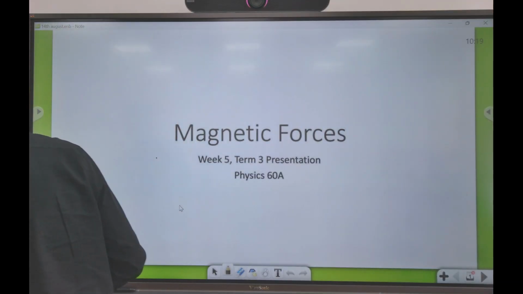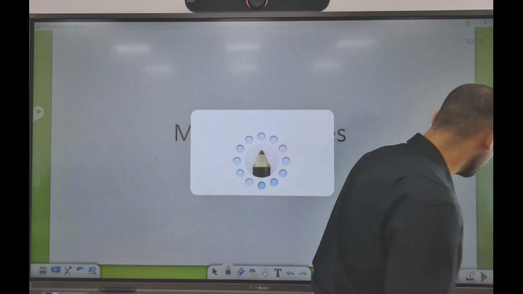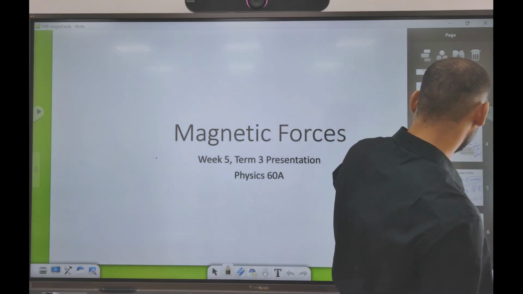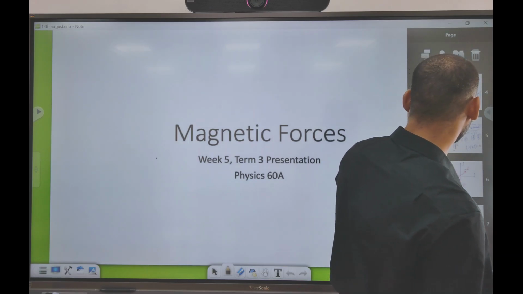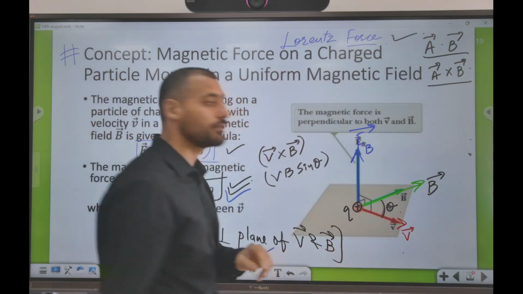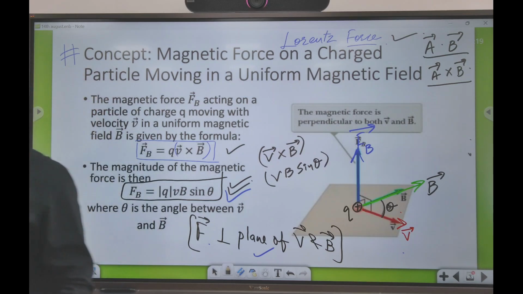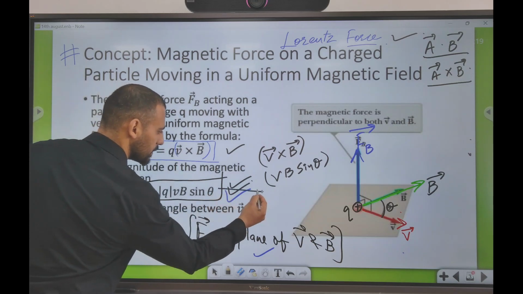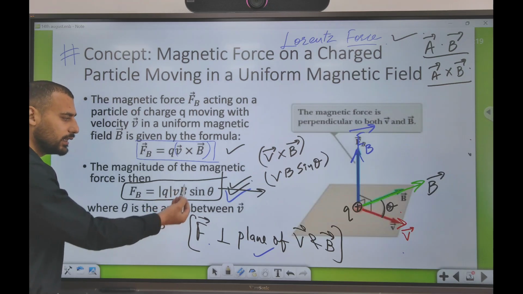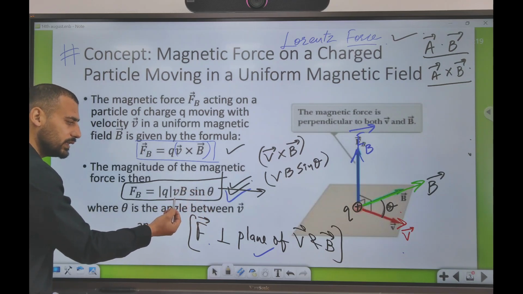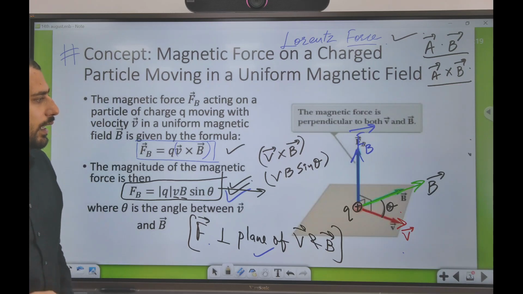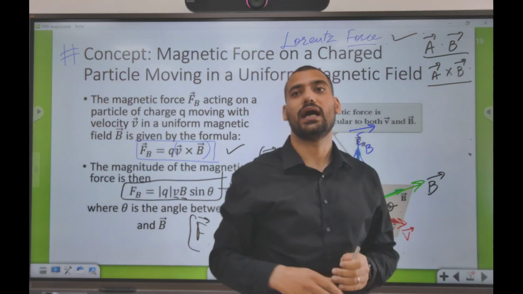Okay, so we were discussing magnetic forces, and yesterday we talked about a charge inside the magnetic field. I told you that when a charge is placed inside the magnetic field, it experiences a force, and that force is given by this expression: Q, the charge, times the velocity, times the magnetic field, times the sine of the angle between the velocity and the magnetic field. So yesterday we did this, and we also tried to understand how to evaluate the